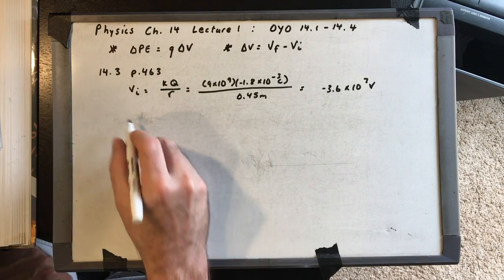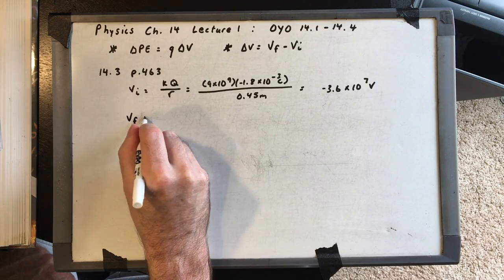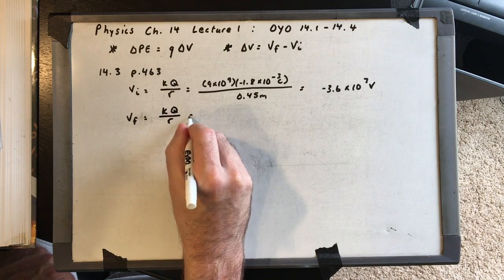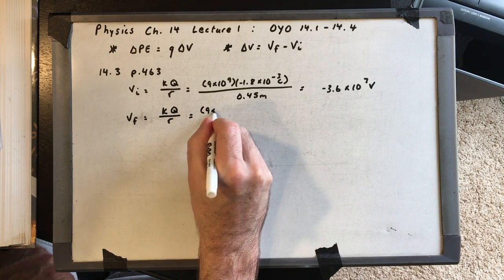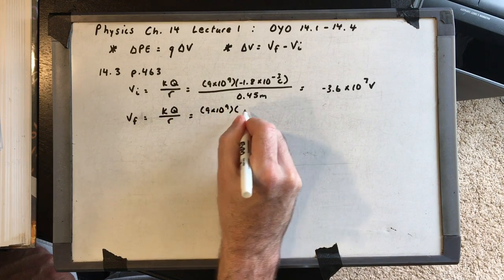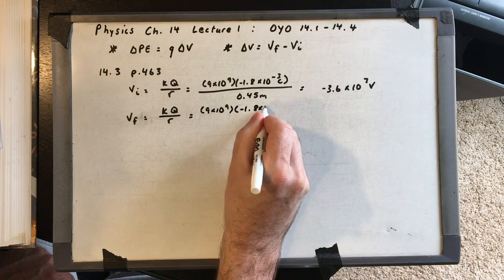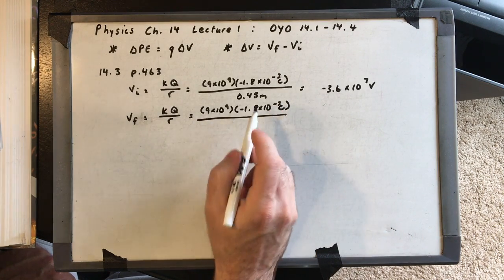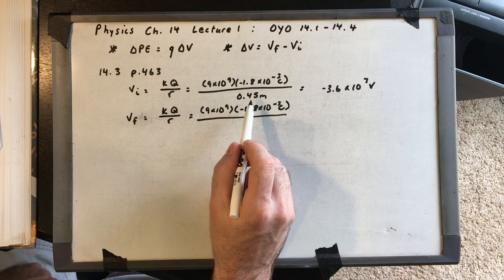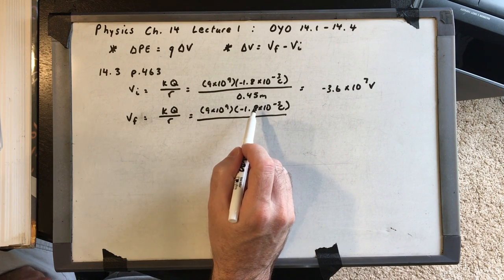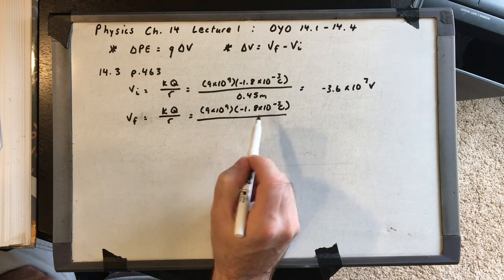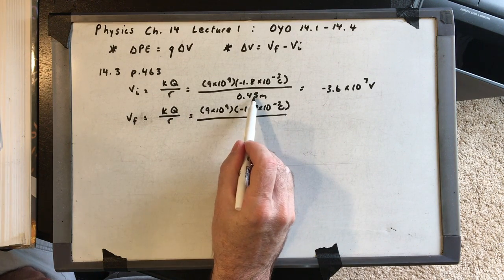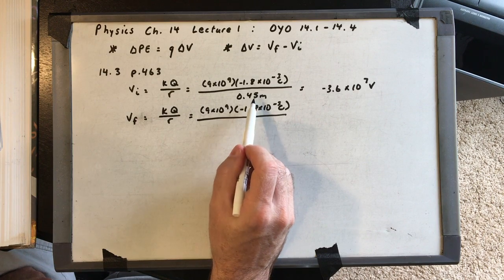All right, let's get the final voltage. The numerator is going to be the same, K times Q. What's different is the distance. So we have 9 times 10 to the 9th times negative 1.8 times 10 to the minus 3 coulombs. It moves, all right? Now both charges are negative, okay? If both charges are negative, they're going to repel. So if it moves an additional 25 centimeters, it's going to be